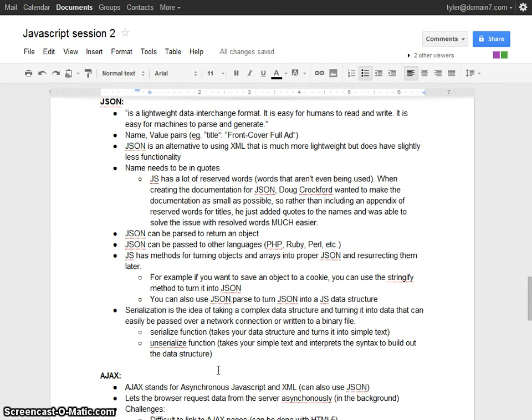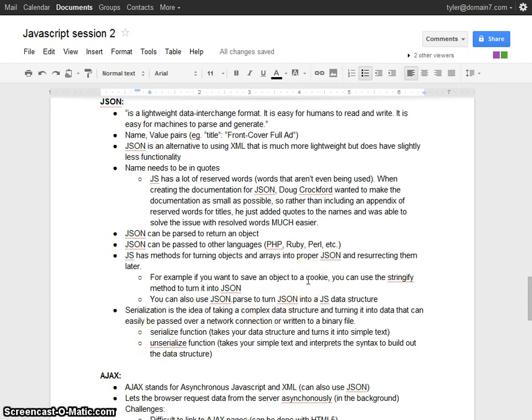When I wanted to read from my cookie, I could get the string that was saved in the cookie, and I could run it through JSON.parse, and that would return back to me my full object that I could use and interact with easily. So this is kind of the beauty of JSON, is that it gives us a format that is really easy to parse for machines, and that has made it very popular.